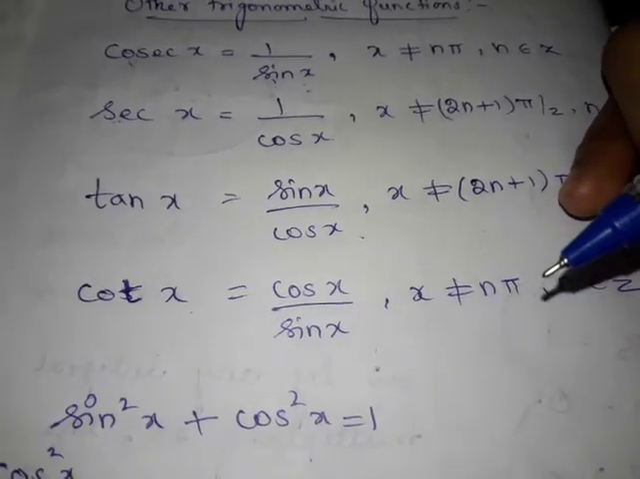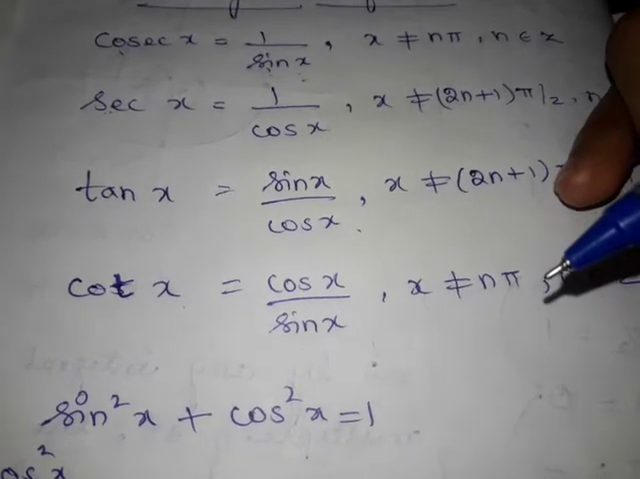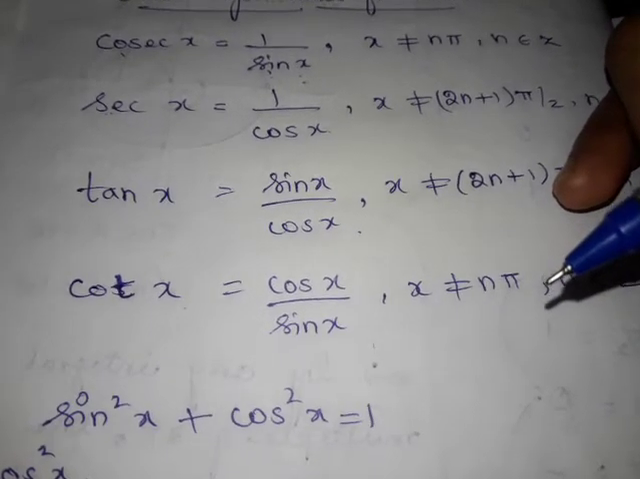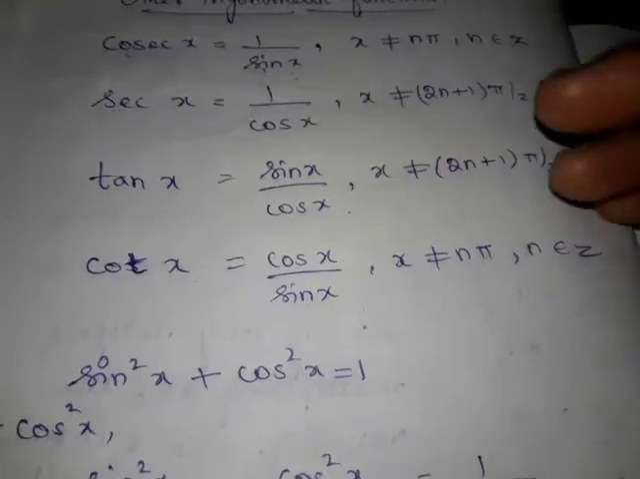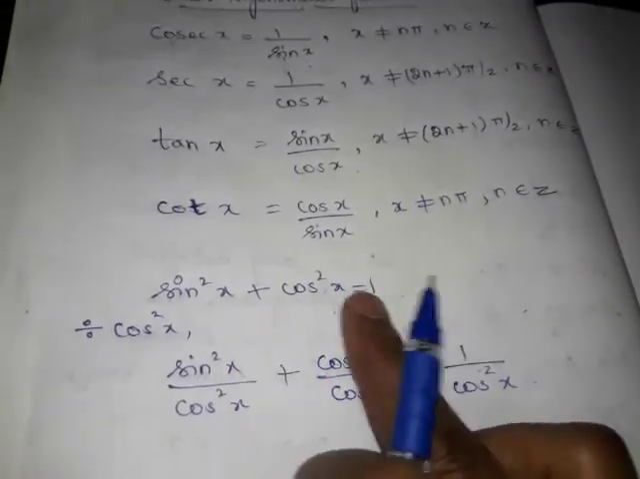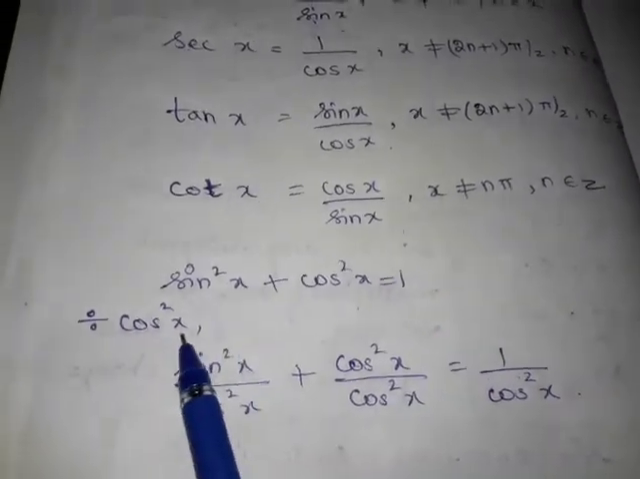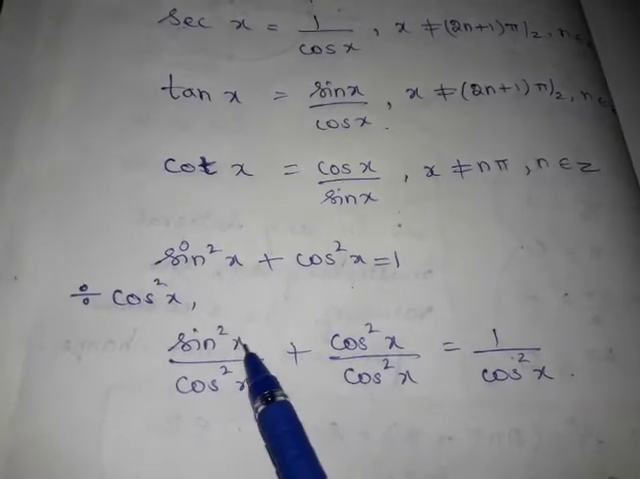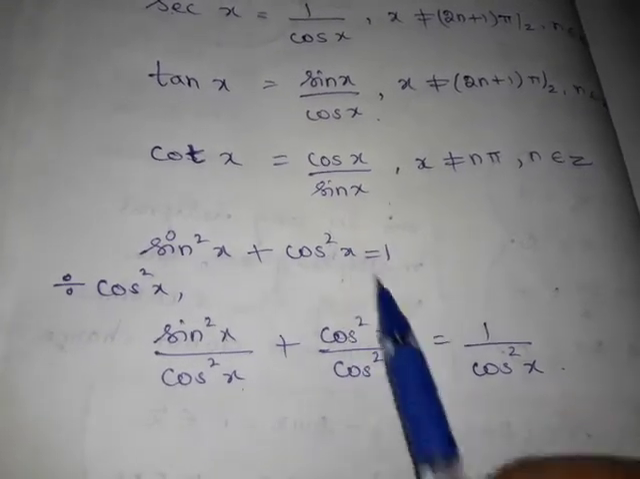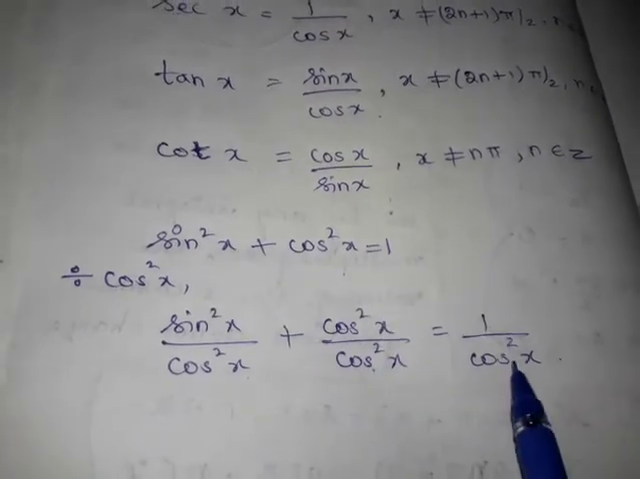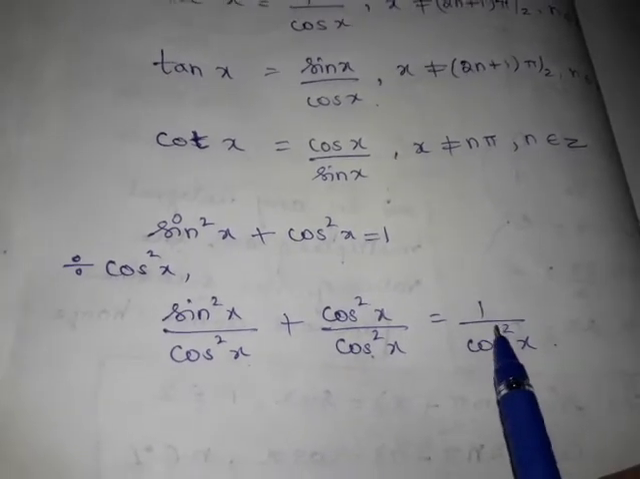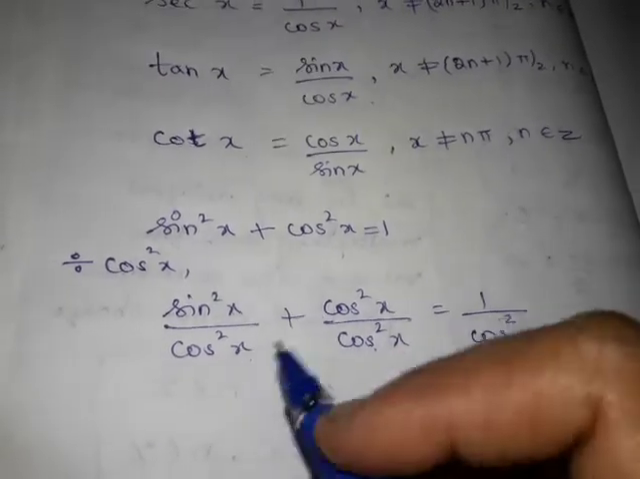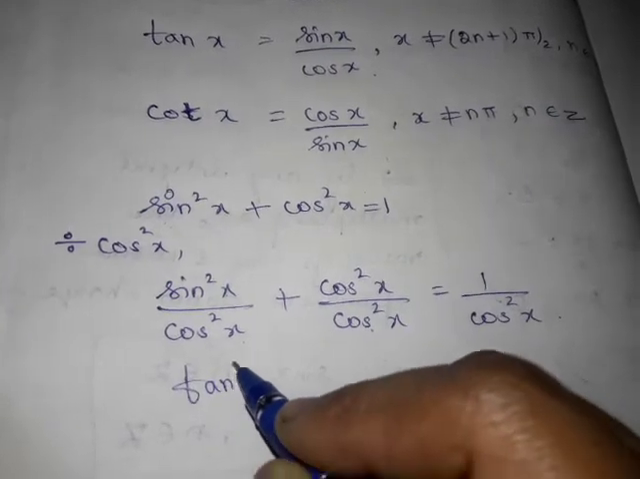1 plus tan square x equals secant square x, 1 plus cot square x equals cosec square x. Let us see how we can arrive at these. Now this is our basic identity, right? Now divide throughout by cos square x, what will happen? Sin square x divided by cos square x plus cos square x divided by cos square x equals 1 by cos square x. Now sin square x divided by cos square x is nothing but tan square